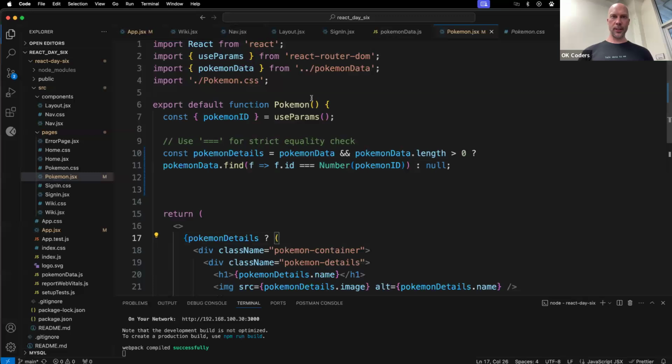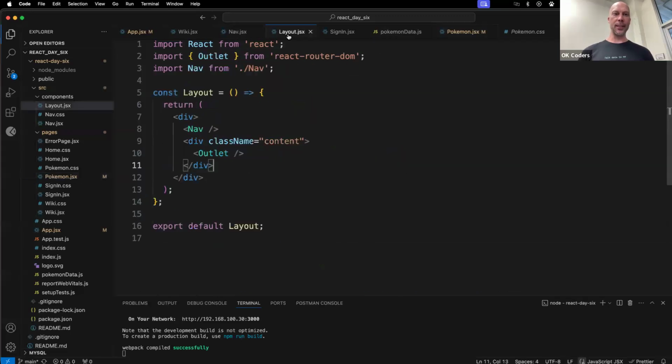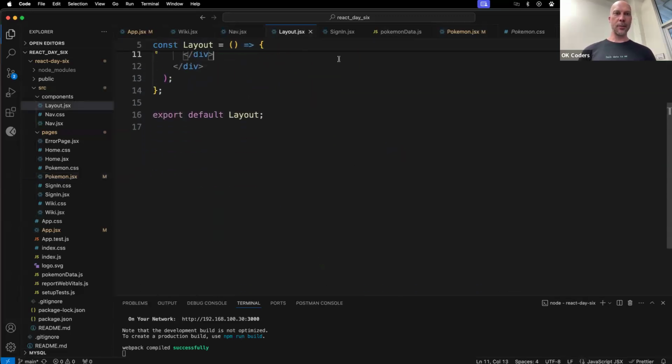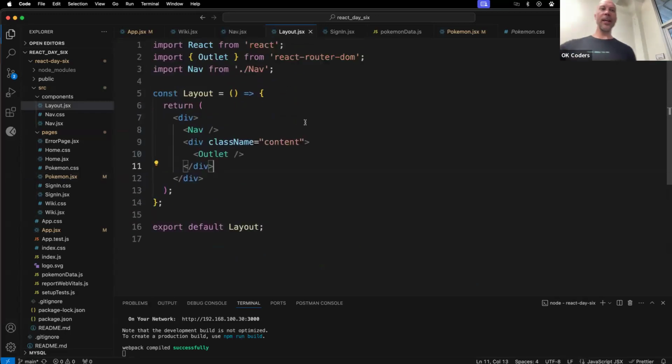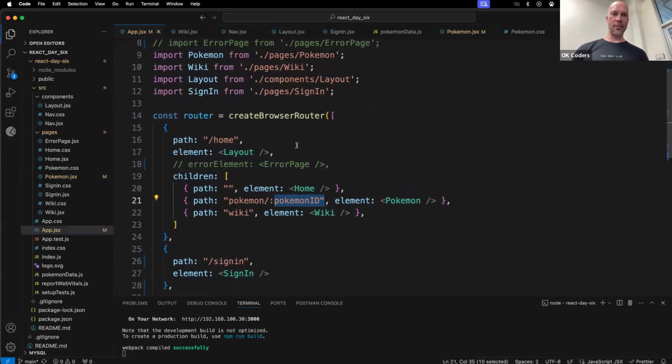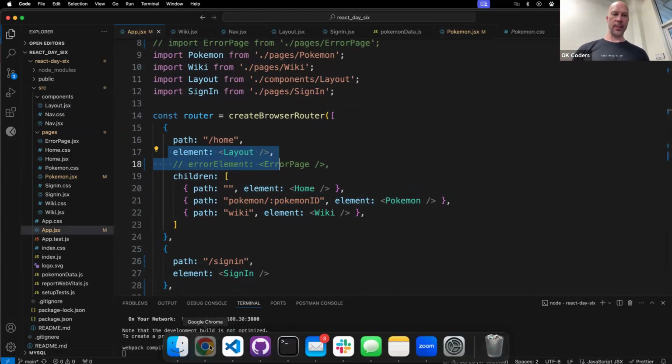Cool. Let's see what else. Oh, layout. I didn't talk much about layout. What a layout does, like I mentioned, is hold stuff you want on the screen on every page, basically, right? And that's why in our app.jsx, we have this layout with the children. So the children are going to be the pages that are displayed below the layout, okay? So just to solidify that,